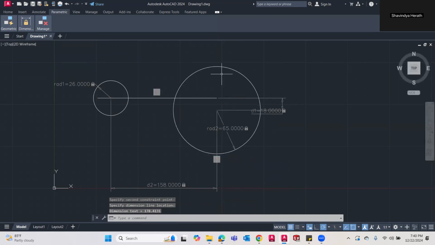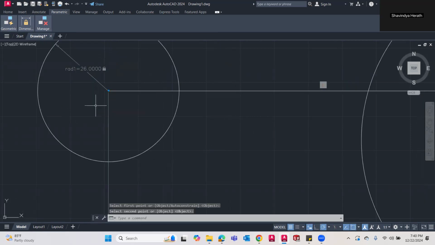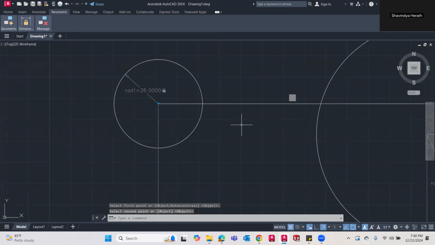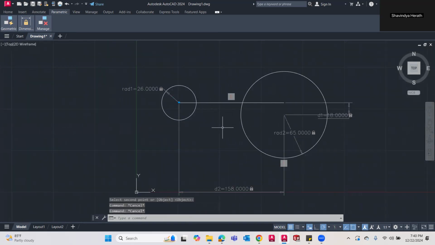Now these 2 circles are well positioned, right? And I also need to consider this end point and the center point, right? So what I'm going to do is go coincident, this endpoint and this center point. Now it is good, right? Perfect. I know now my two circles geometry is correct.